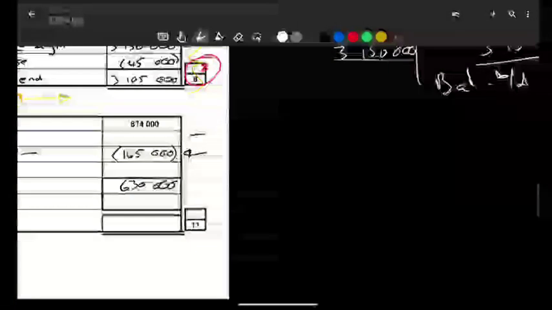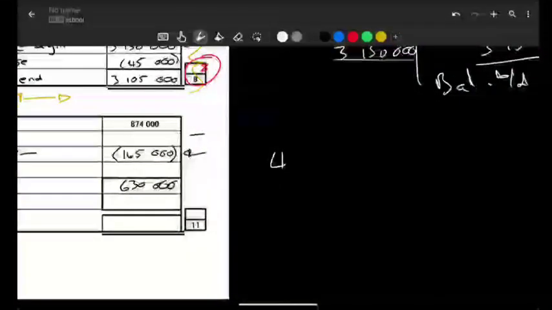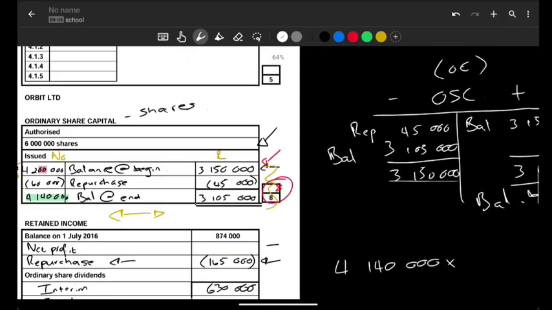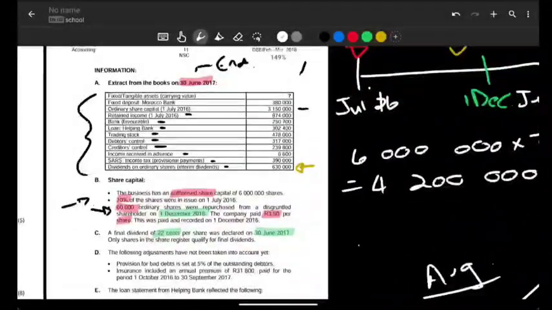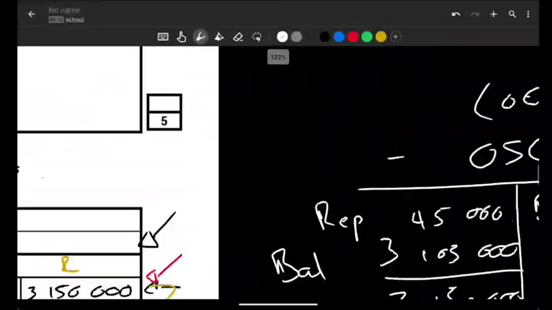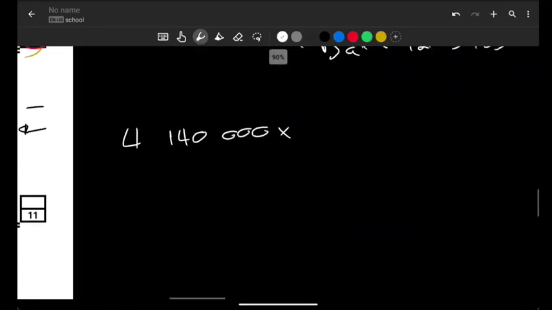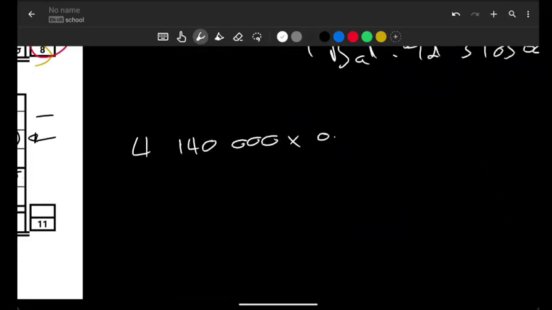So we're going to say 4,140,000 multiplied by, how much is one share? One share is 22 cents, right? Remember, this is our final dividend. 22 cents, how much in final dividends did we pay? 910,800